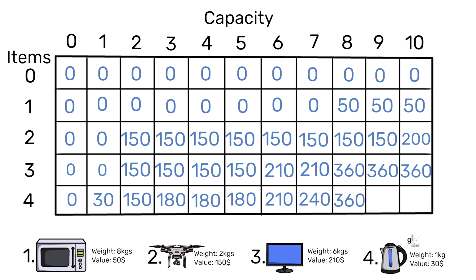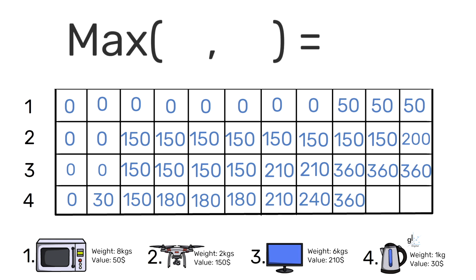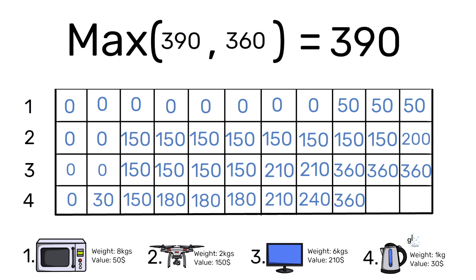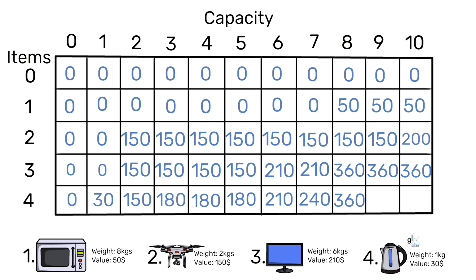When the capacity of 9 is considered, the first argument passed into the max method is the value of the kettle plus the value of the monitor plus the value of the drone, which gives us a value of 390. When comparing the value of the drone plus the value of the monitor, which gives us a value of 360, to the value of 390, of course, 390 is greater than 360, so we can record the value of 390